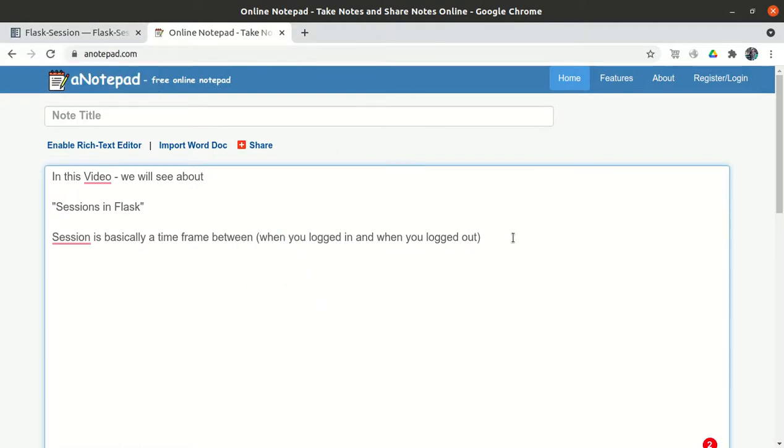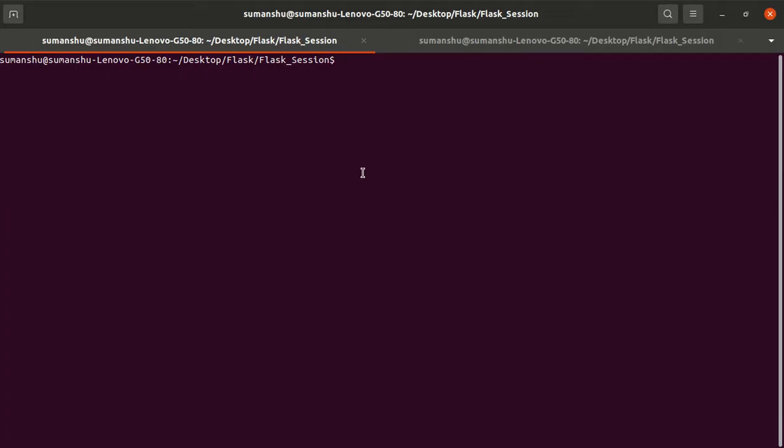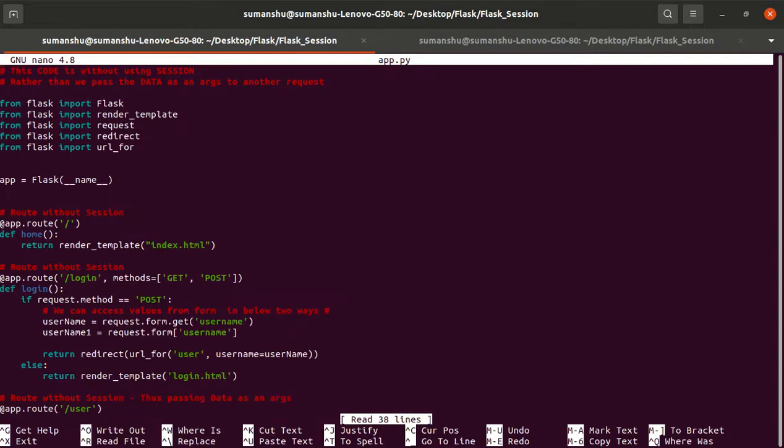So let me open this. I have already written a few codes. Let me open the first file, the app.py file, right? So this is the basic code.